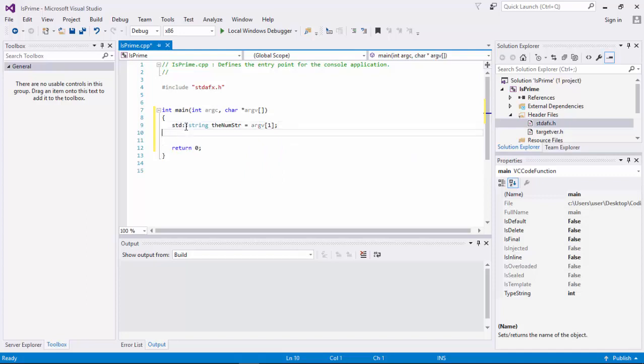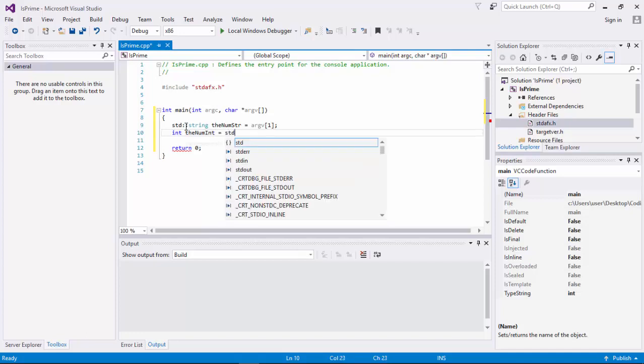Then, getting the number as a string, we need to actually convert the number to a real numerical value declared as an integer. The num integer, we assign, again we have to put std:: because we need to call the string to integer converter function from the standard namespace.